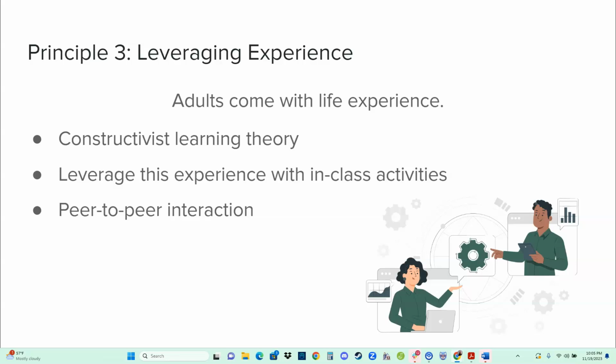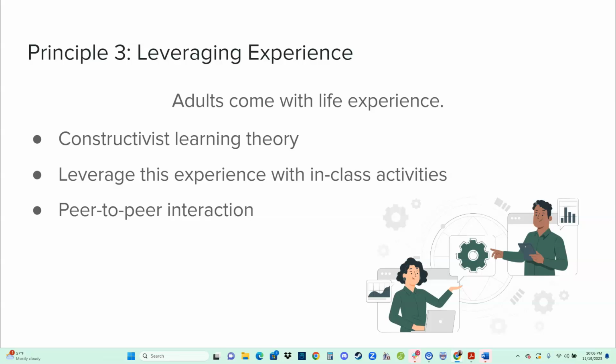So there's something called constructivist learning theory, and constructivist learning theory suggests that learners actively build new knowledge and meaning. They don't just receive learning. It's something that they're actively engaged with, and they use their experiences to build onto their new knowledge. So it just helps it stick in their brain better when they can relate it to something they've already experienced. So this is something that we should use, right?